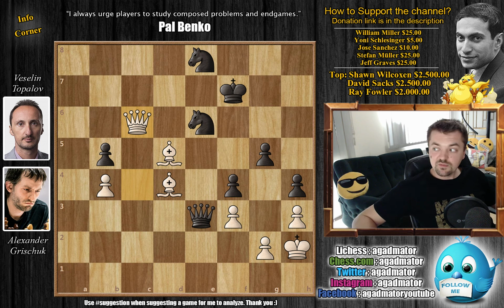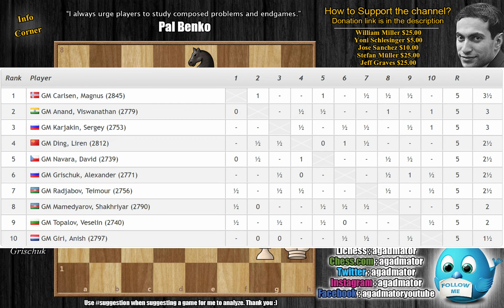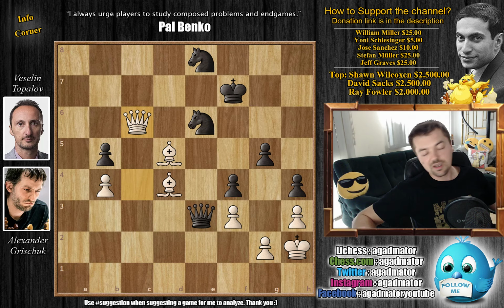And if some of you have missed my yesterday's video, we did show two nice games. Here are the standings after round 5. Carlsen still in first place with 3.5, then Anand and Karyakin with 3, then with 2.5, Ding Liren, David Navara, Alexander Grischuk after this very nice victory, and Teimour Radjabov, Shakhriyar Mamedyarov, and Veselin Topalov now with 2 points, and Anish Giri in last place without a single victory and already with 2 losses, which is, like I already mentioned,